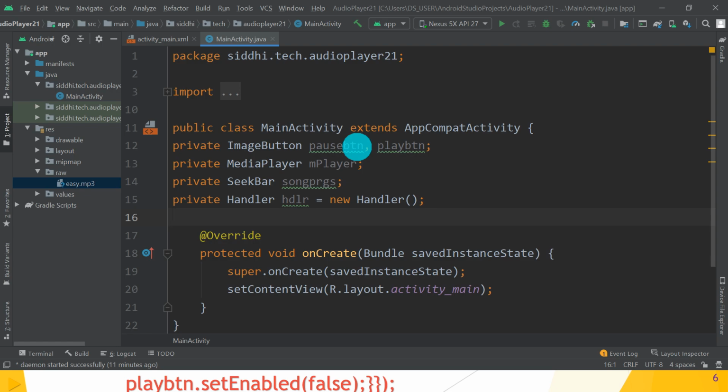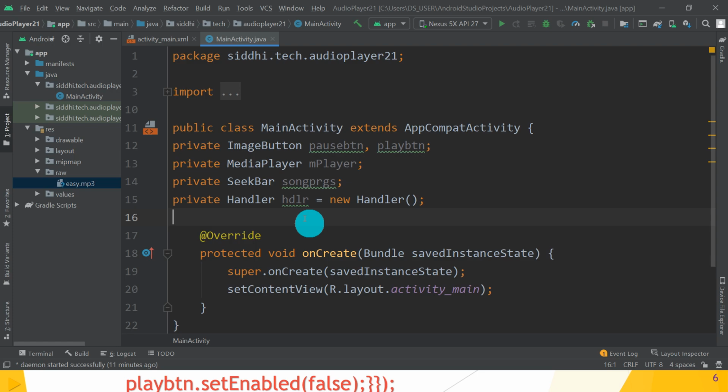That means it will deliver messages and runnables to that looper's message queue and execute them on that looper's thread. So handler is mainly used for multi-threading, similar to multi-threading, that is called the looper message queue, and that delivers or calls something after some duration. Great. So we will see that in the next coding part.